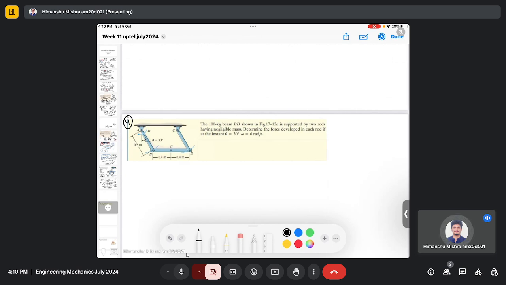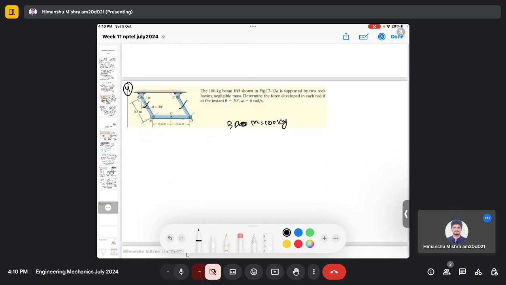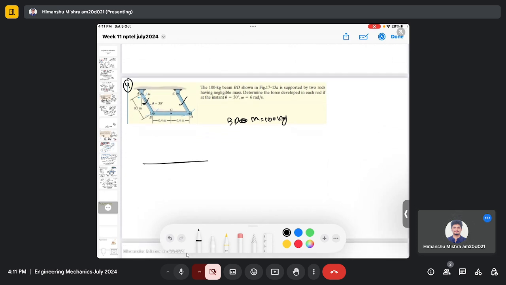In this problem, we are given a 100 kg beam BD, which is supported by two rods having negligible mass. Determine the force developed in each rod if at the instant theta equals 30 degrees, omega is 6 rad per second. So basically we need to determine the force on these rods, and we are given a beam BD which has a mass of 100 kg. So this is beam BD,